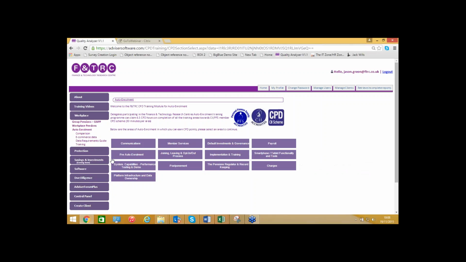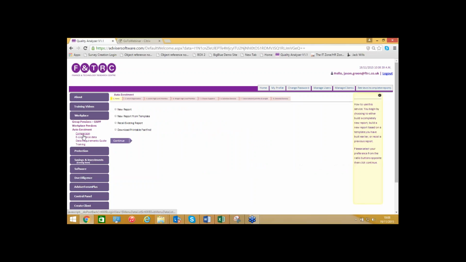But what I really want to focus on today is showing you the main comparison tool for auto enrolment, particularly as it's had some updates made to it. So I've clicked onto the top tab here, comparison, and it brings us onto the comparison welcome page, where you can see we're given a couple of options. All pretty self-explanatory: you can do a report from new, you can create a report from a template,